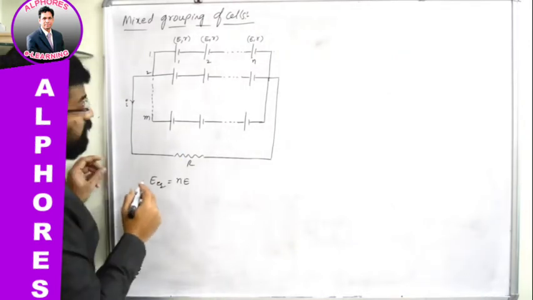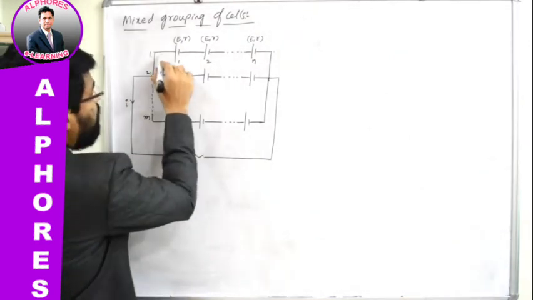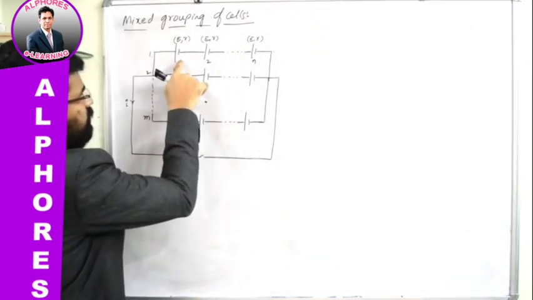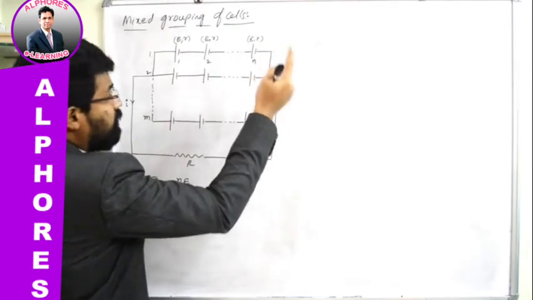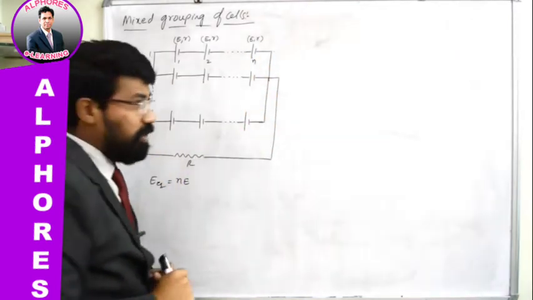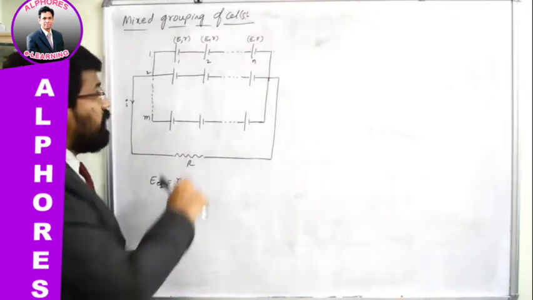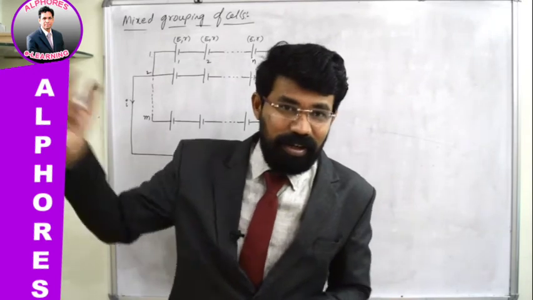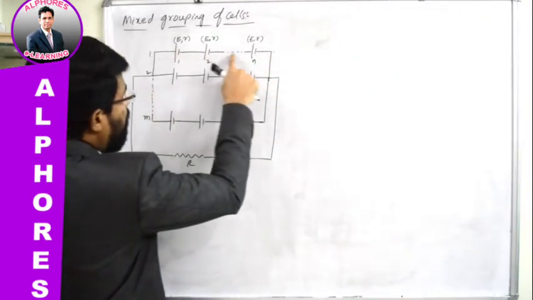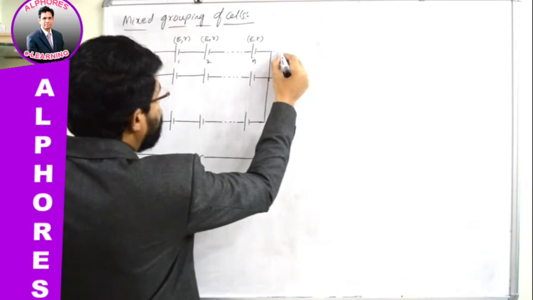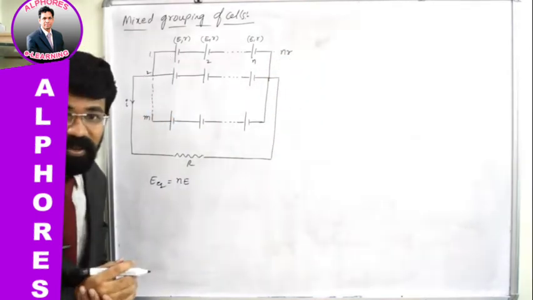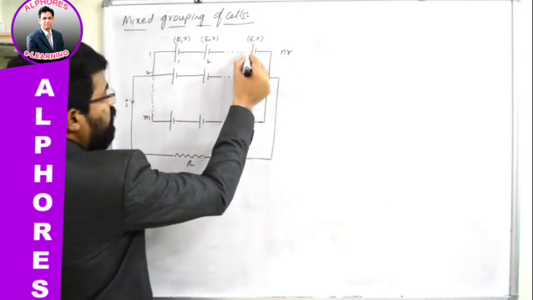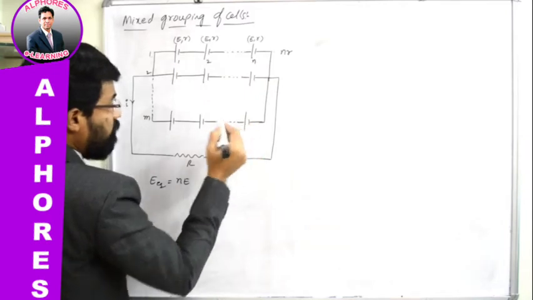So now let us find out internal resistance. What is R equivalent for this branch? For this first branch, here one internal resistance R is present, here one R, like that. How many R's are there? N R's are there, isn't it? And all are in series. If resistors are connected in series, effective resistance is equal to what? R1 plus R2 plus R3 plus and so on, Rn. Here all are identical. So this particular branch has an equivalent internal resistance equal to NR. Is that right? So the total internal resistance of this branch is equal to NR. How many such NRs are there? 1, 2 and so on, M NRs are there.